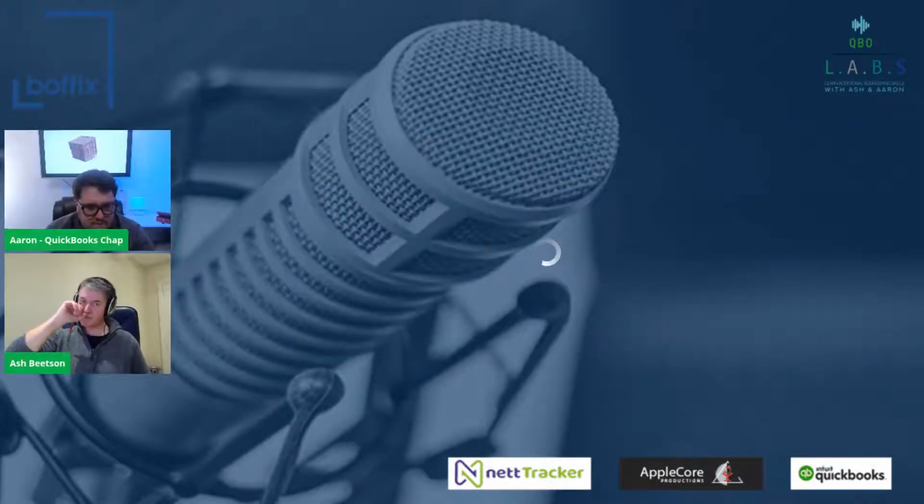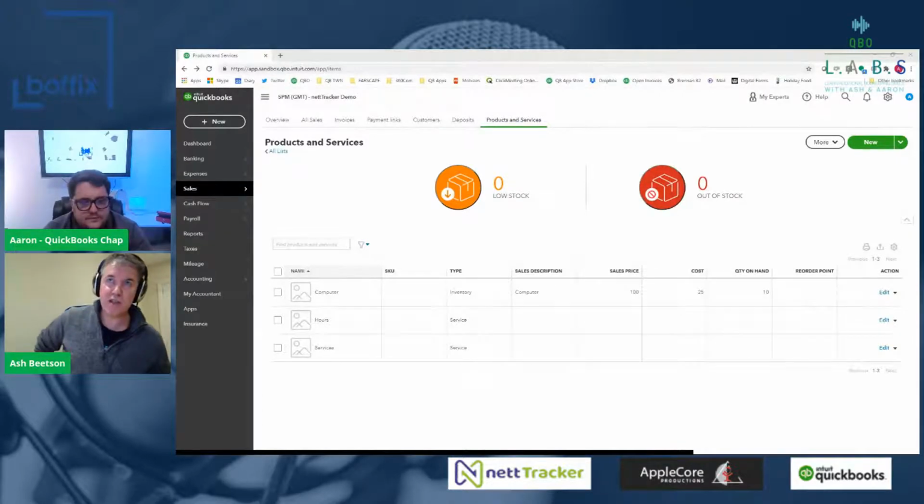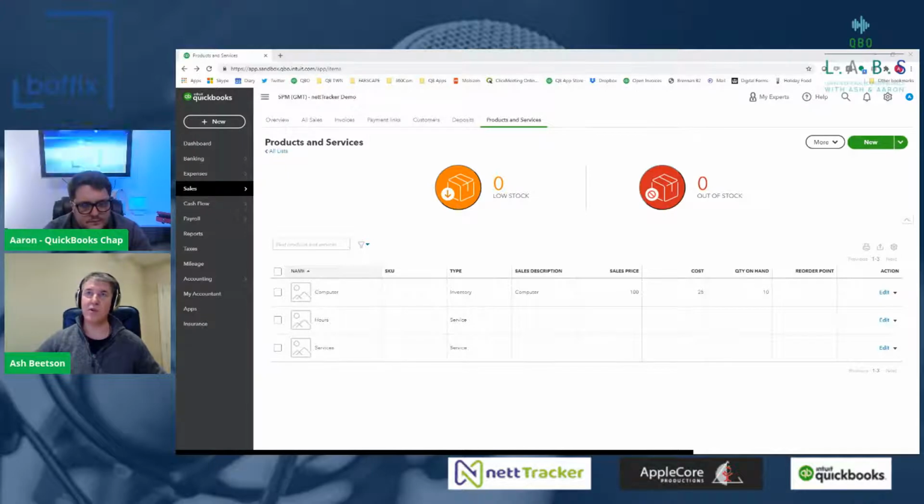Share screen. There we go. Now, just before I go into the bundles, what I'm logged into here is actually a test file. So as a developer, I can log into this developer area. What I've got open, this is actually a